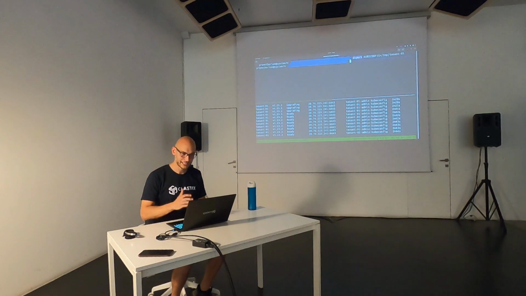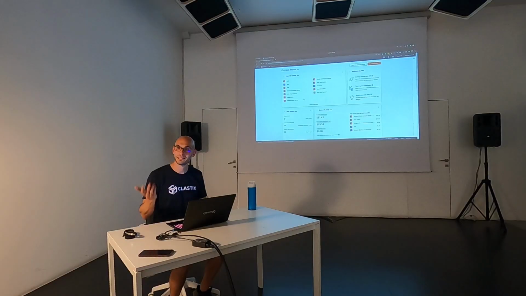But if I export again the kubeconfig and I issue kubectl get nodes, obviously I don't have any node. Why this? Because I have to deploy. I'm entering AWS and my idea is to spawn some virtual machines on AWS, and these machines are going to join the tenant control plane.